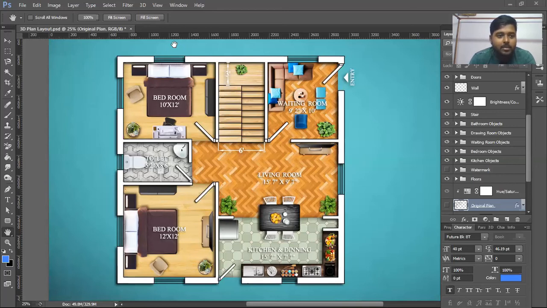Okay, elevation included. Elevation included where, Apur? You're talking about which portion? Front portion, sir. Front elevation. You're talking about the 2D drawing? No, sir, 3D. Yeah, obviously we'll do that. Or else, what is the meaning of this internship? We'll definitely do that. We'll do the complete